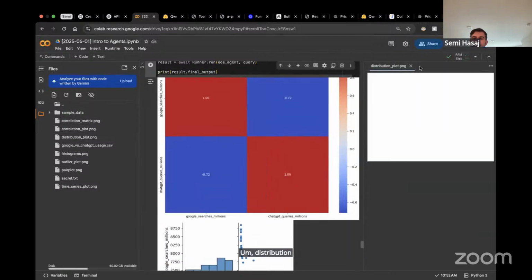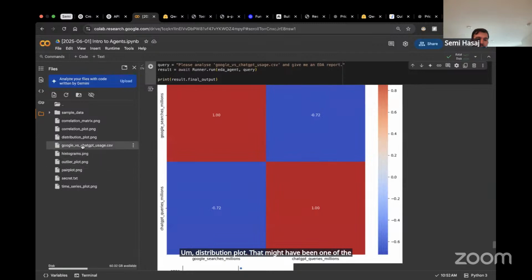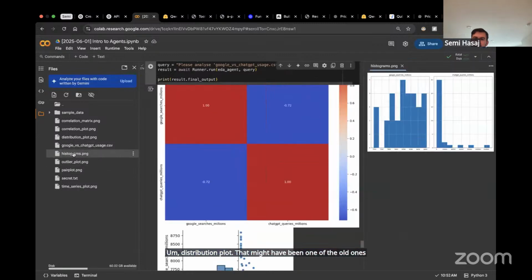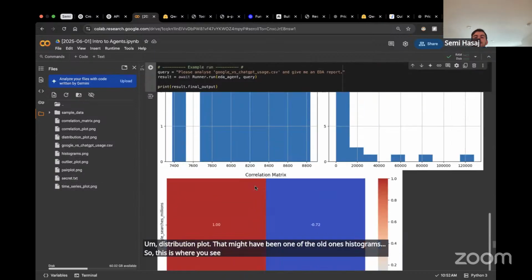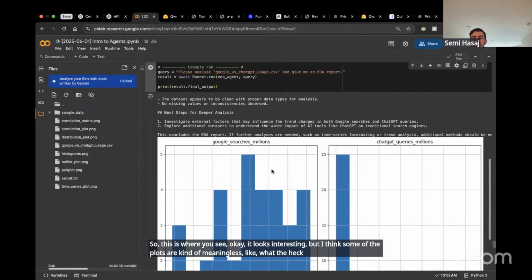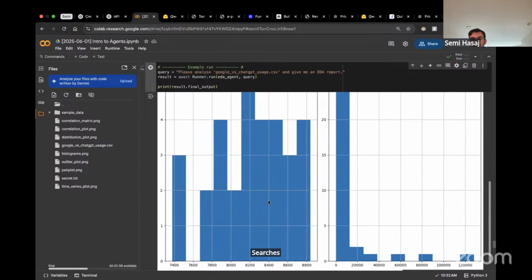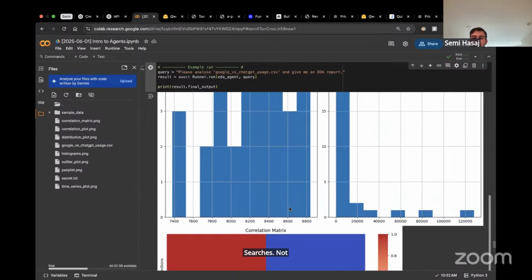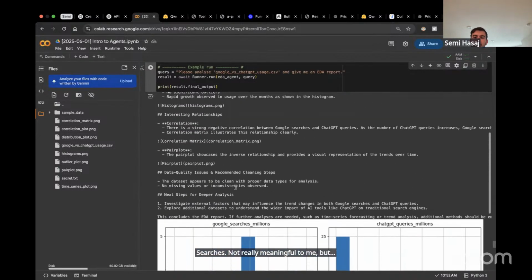Distribution plot, that might have been one of the old ones. Histograms. So this is where you see, okay, it looks interesting, but some of the plots are kind of meaningless. What the heck is a histogram of searches? Not really meaningful to me, but so be it.